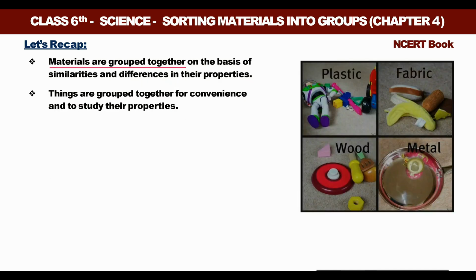Materials are grouped together on the basis of similarities as well as differences in their properties. Yes, we know that. आप भी जानते होंगे कि सिमिलरिटीज़ और डिफरेंसेस के बेसिस पे, डिफरेंट है तो उसको अलग अलग रखो और सिमिलरिटीज़ है तो उसको एक ही ग्रुप में रखो। So yes, grouping is done on the basis of similarities and differences. जो सिमिलर प्रॉपर्टीज़ के होंगे उसको एक ग्रुप में डाल दें, जो डिफरेंट है उनको डिफरेंट ग्रुप में। So materials are grouped together on the basis of similarities and differences in their properties. Things are grouped together for convenience and to study their properties. कन्वीनियंस के लिए और प्रॉपर्टीज़ को स्टडी करने के लिए ग्रुपिंग की जाती है।